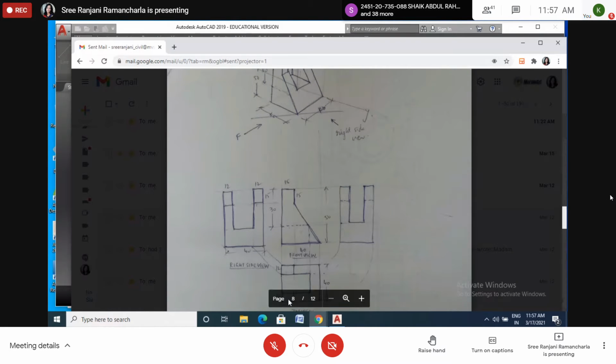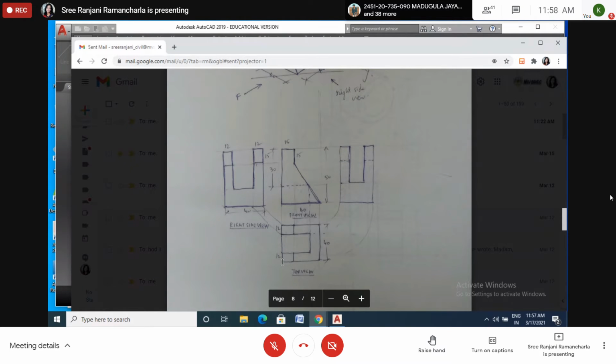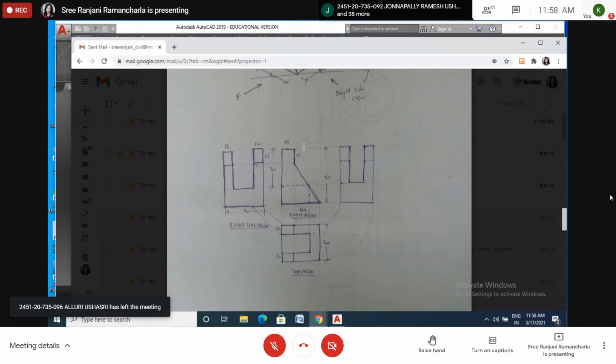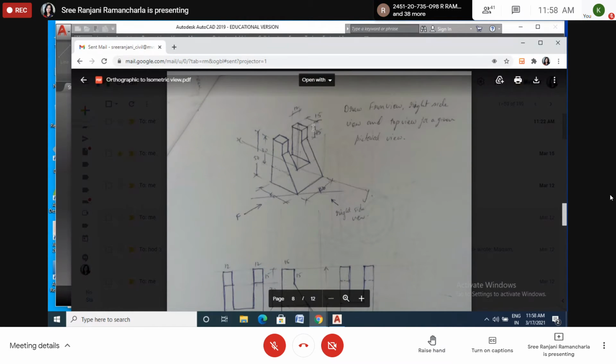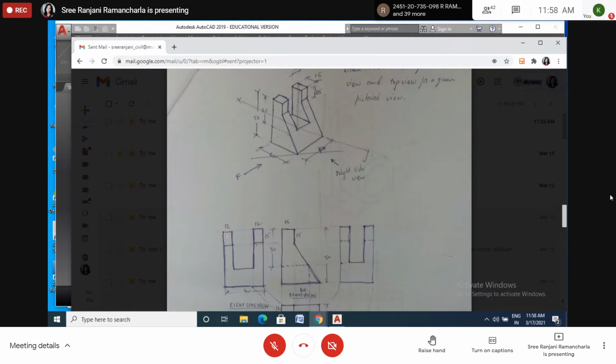Now here also, no need to measure the width. From here you project it at 45 degrees, or draw the curve from the center, from this corner, like this. Then just draw the height, because whatever height you drew previously, the same height you have to draw. Now this one is 12. This one we are drawing, and this one you have to imagine. So this one is 12.